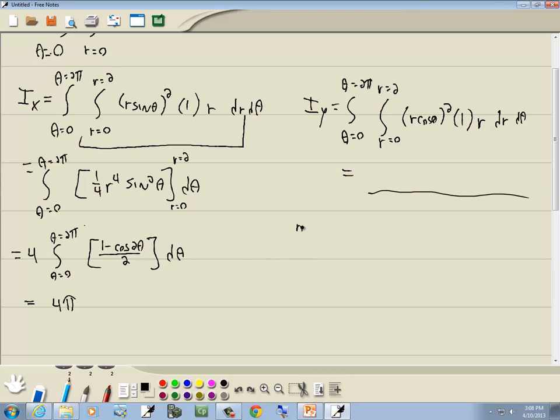Of course, you need m. And that'll be theta equal to 0